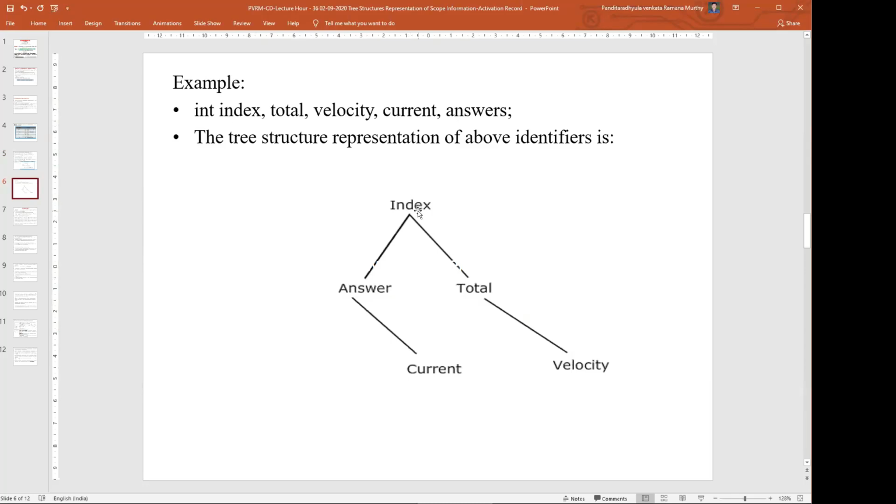In general, for any value larger than the current node, we add it as the right child. If it is less than, we add it as the left child. If it is greater than the current node under consideration, then we add it on the right hand side. The same thing we are using here.